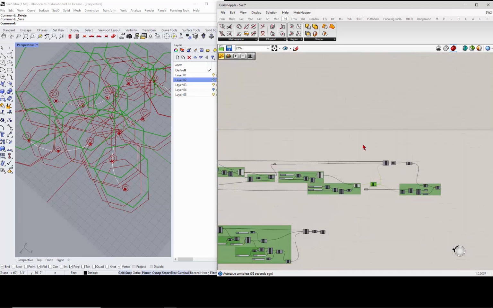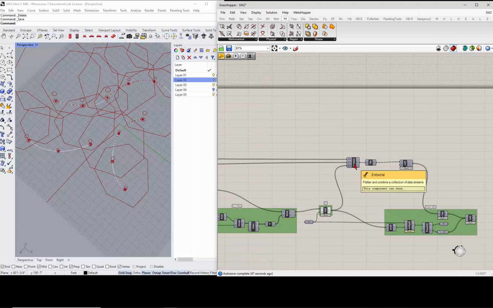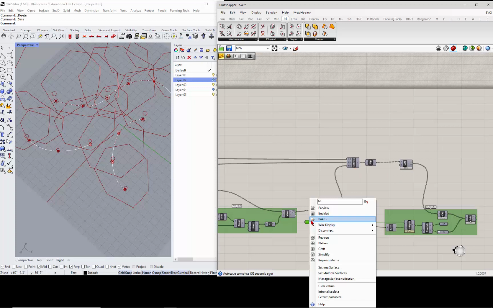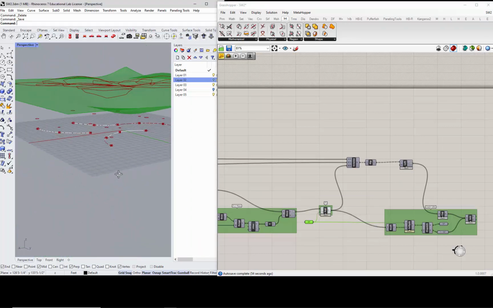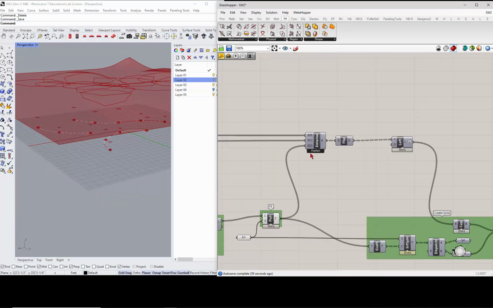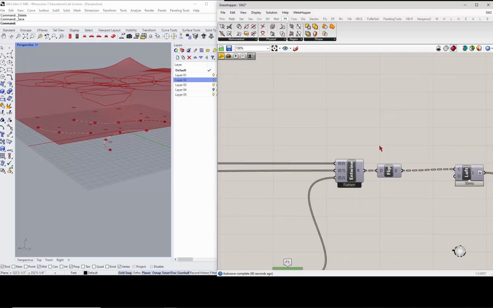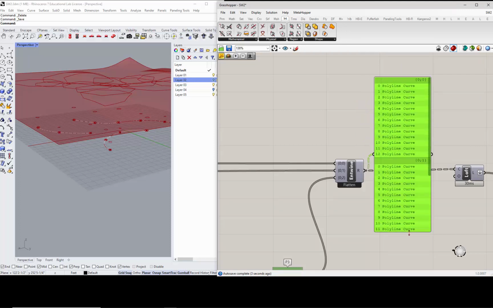So if I preview that, and let's preview off all this stuff, those three main ones get pulled into this entwine here, and the surface, if I preview that, is this guy right here, and that gets pulled onto the surface just like we did before. And then we take the first polygon, the second polygon, and the third polygon, and we entwine them. So that gives us a list of lists. So if we take a look here, that just gives us all 13 of the curves